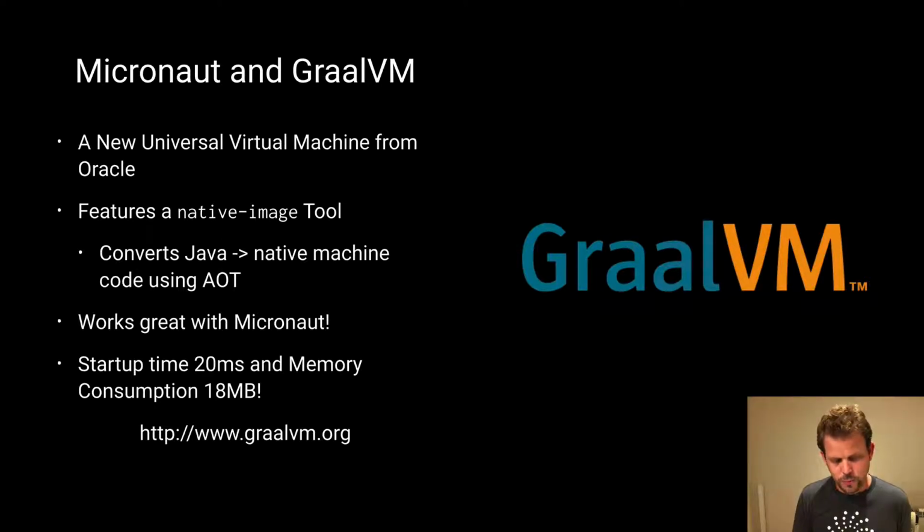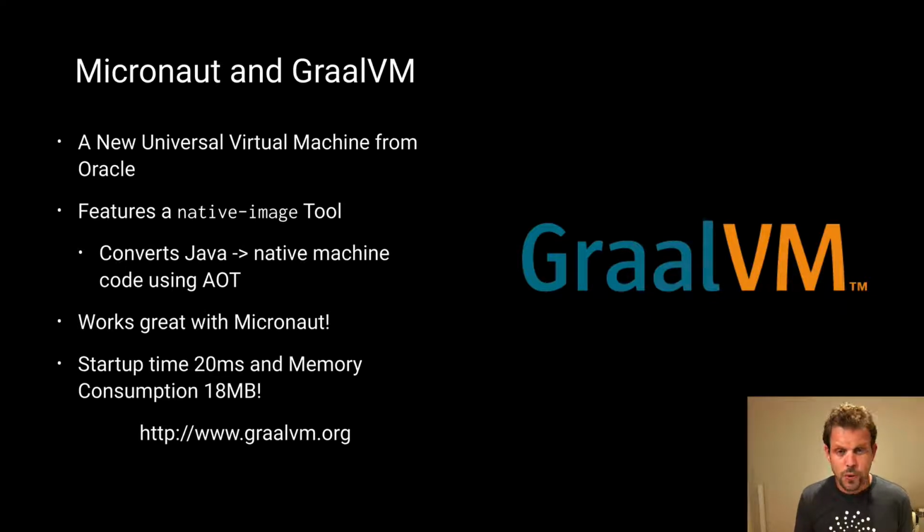and it works really great with Micronaut. So the native image tool is a fantastic combination with Micronaut, and the reason they work so great together is because essentially Micronaut doesn't do any of the things that require configuration in native image. If you use any reflection or any dynamic class loading or any runtime proxy generation, you have to configure those things with native image. But since Micronaut doesn't do any of those things, there's nothing to configure, which is great news from the developer's perspective, because you don't have to think about configuring things or debugging why something went wrong in your native image